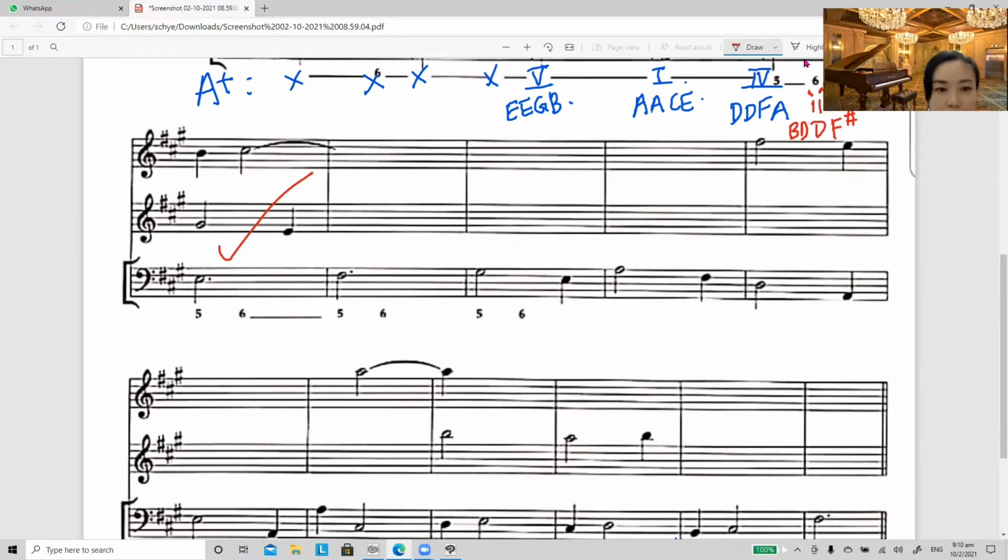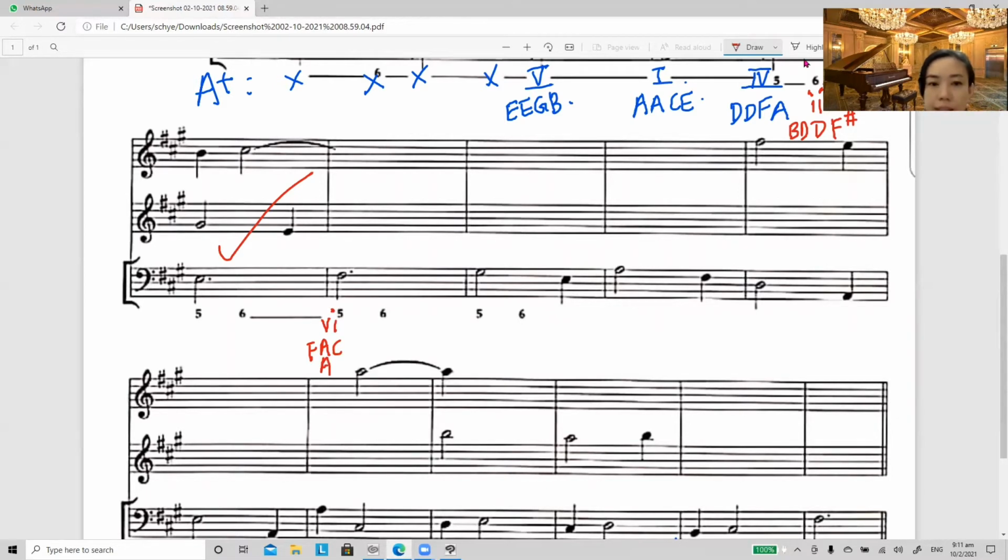So in A major, this is F, count 5 steps. F, G, A, B, C. So from here, you know this is F, A, C. And in A major, F, A, C is chord 6. This is chord 6. And if you study the rules of doubling, you know that chord 6 doubles the middle